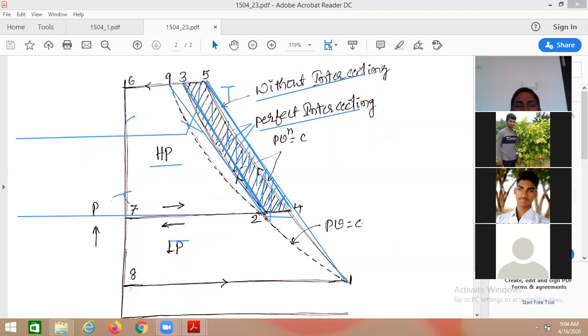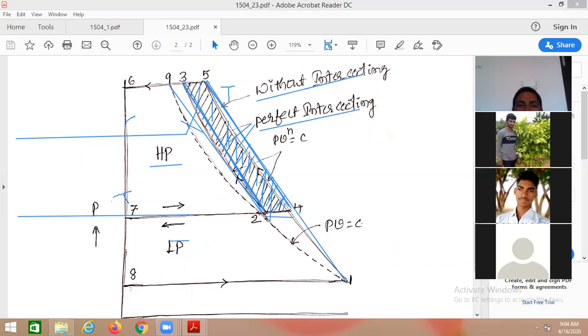So either to get the maximum work or minimum work, with the change of P2 value, how do we do it mathematically? d by dP2 of the work value must be differentiated and equated to 0. Whatever work relation we have calculated must be differentiated with respect to P2 and equated to 0, to get at what value of P2 we get the minimum work of consumption. That is done. Ultimately, we have got the relation as P2 square equal to P1 P3.